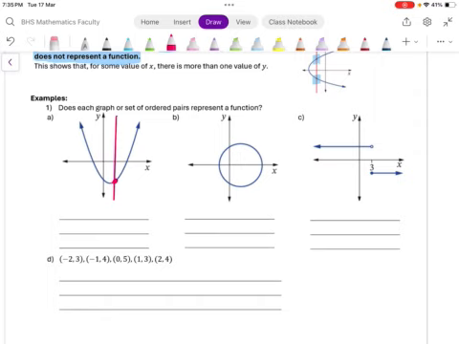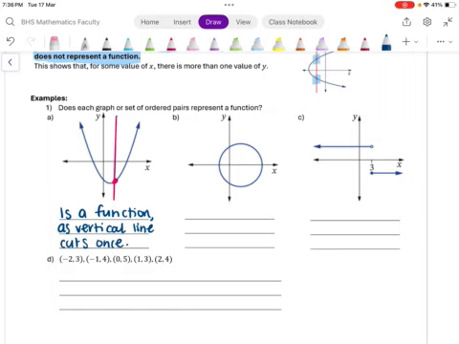No matter where I move my ruler across my page, I know you can't see me doing that, it only crosses my graph once. So this means that it is a function, and we want to write our reason as the vertical line cuts